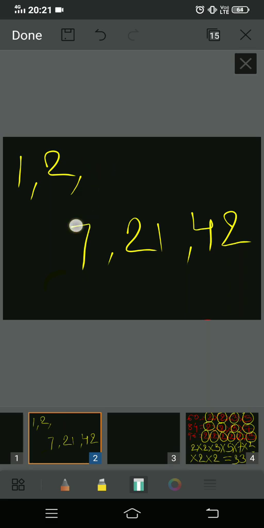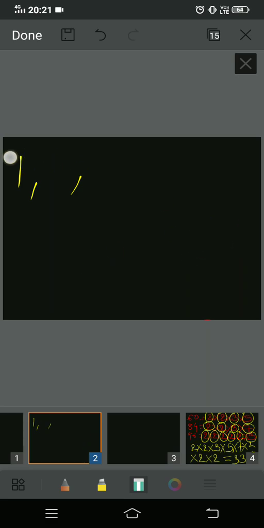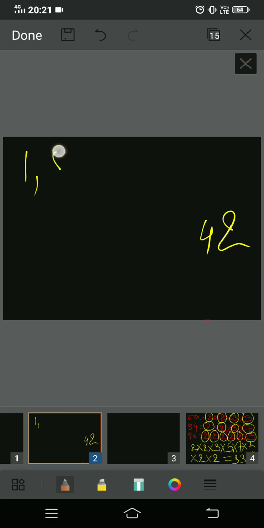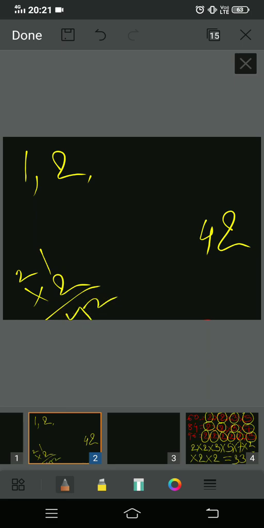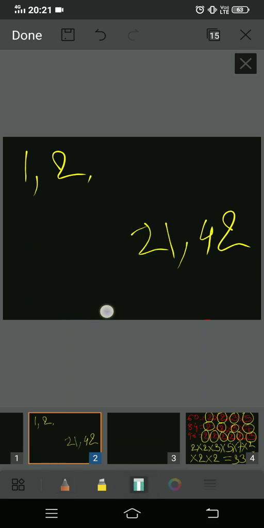Sorry, children. Let me just rub this. Again, what was I writing? I was writing 1 and 42, and then we checked the number 2. The number 2, 21 2s are 42. Okay, you can also multiply and check. 21 2s are 42. So you can understand 21 2s are 42. Okay, and next is